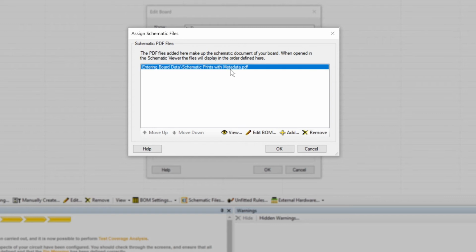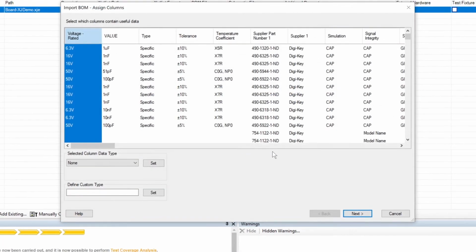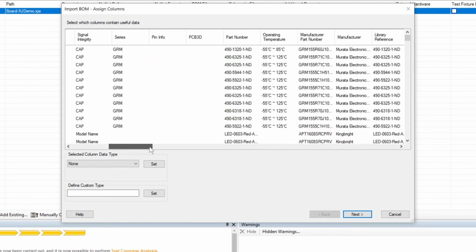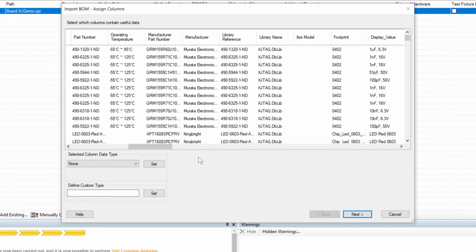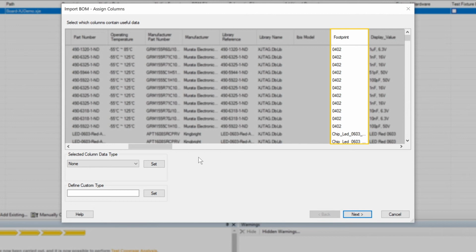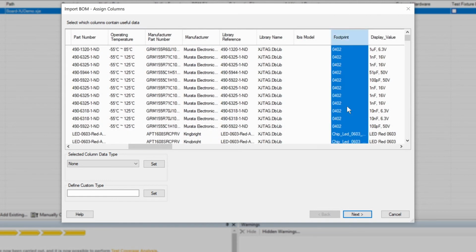All you need to do is highlight the schematic file and click Edit BOM. Remember, though, that not all schematics include metadata from which you can extract BOM information. If nothing's available, that button's going to be greyed out. If there is data that can be imported, click the button and you'll get a display of everything that's available from the schematic. A lot of it you probably won't care about, but let's look at this footprint column. That can be useful when assigning devices to library model files because ICs with different pinouts will need different model files, so let's import that column.